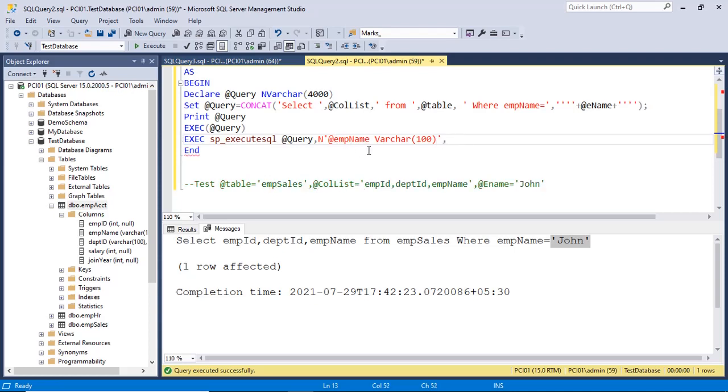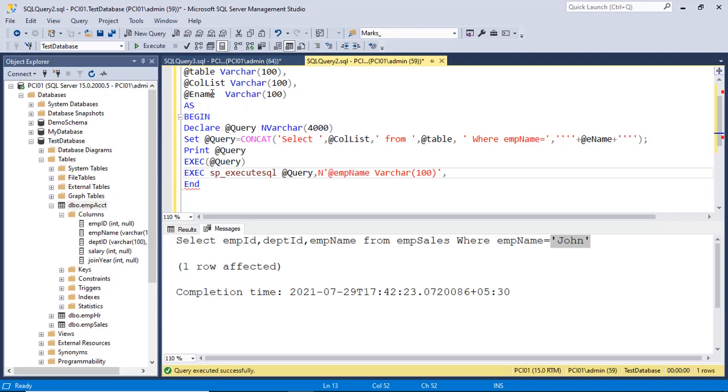Now assign the value of this variable ename to this variable, say emp name equal to ename. Now we don't need this one, just delete.